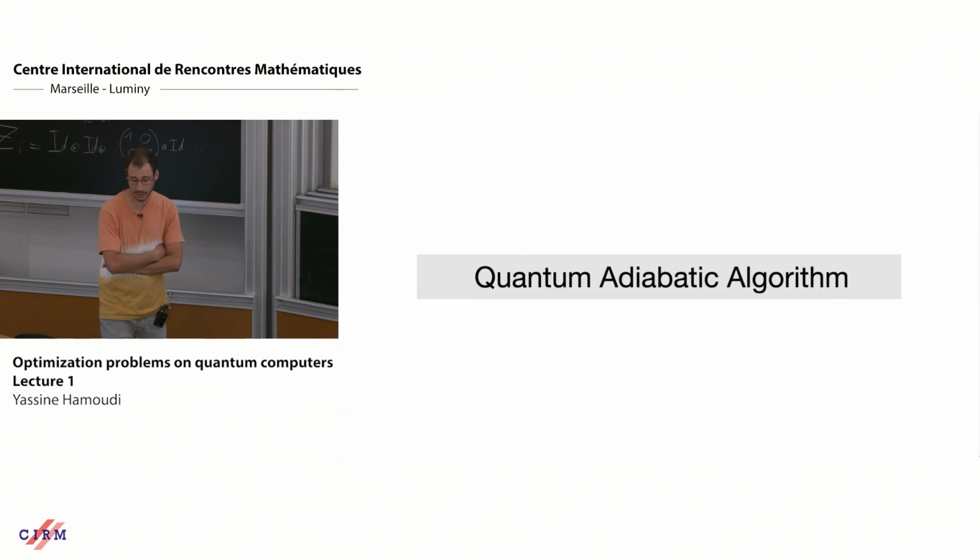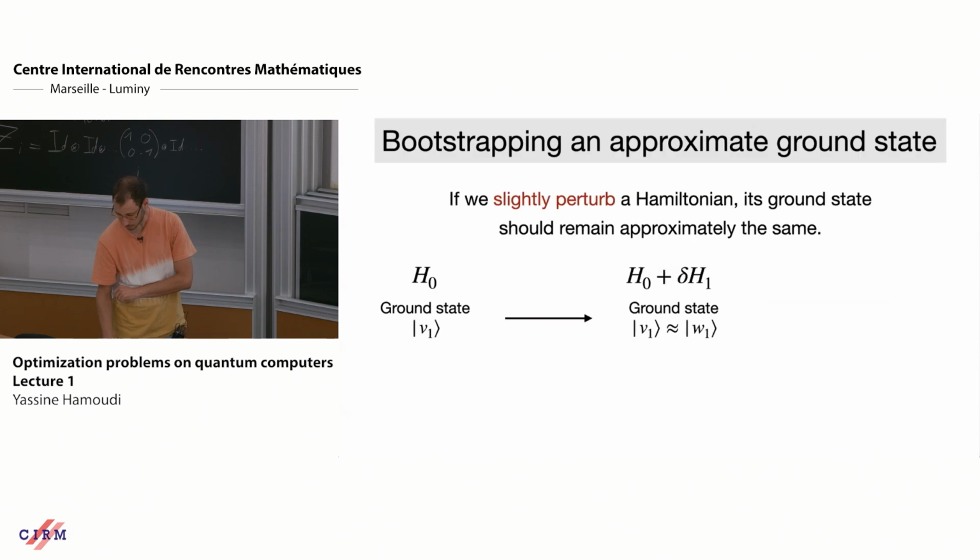Okay, so the next algorithm is the adiabatic one. It's a very famous optimization algorithm, something that will allow us to bypass the warm start assumption. The basic idea of the adiabatic algorithm is the following, relatively straightforward observation. Let's say you have H0, some initial Hamiltonian, and you change it by a small amount. So you make a small perturbation on H0. Well, then you would expect that the ground state of H0 is very close to the ground state